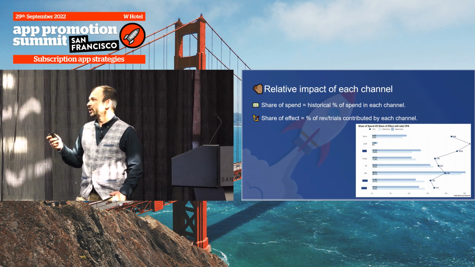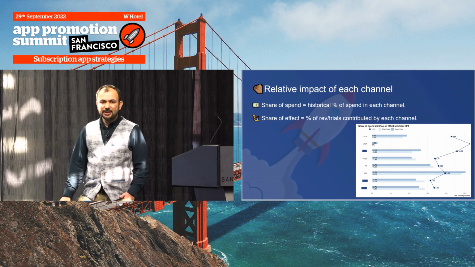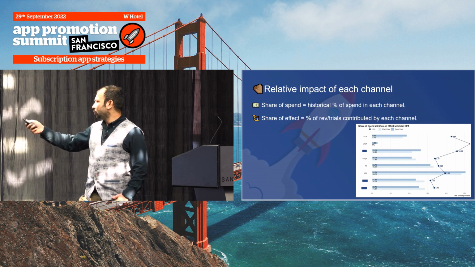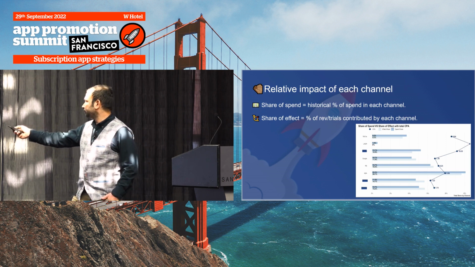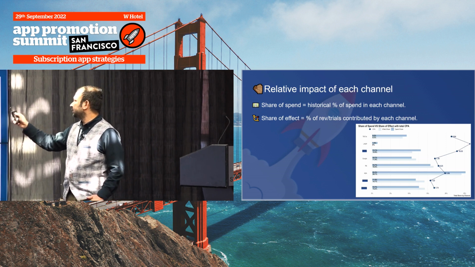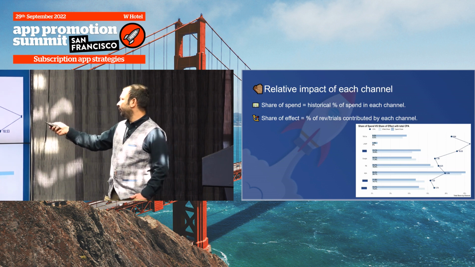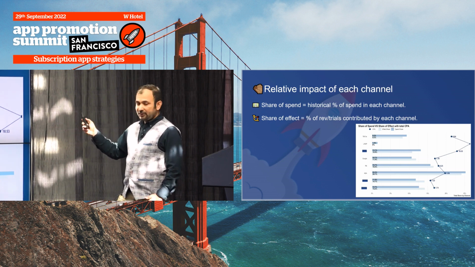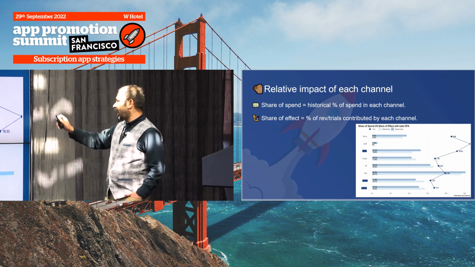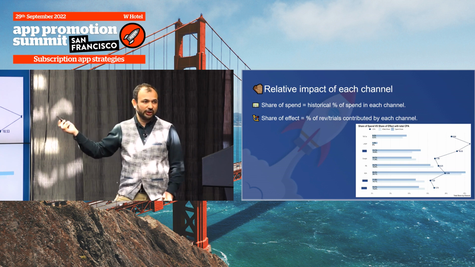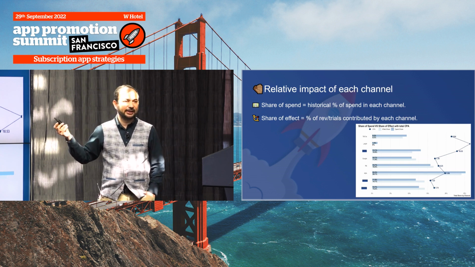So you say, what is the share of spend and what is the share of effect? I've anonymized some of the channels here because they're somewhat app specific, but you say, look, for instance, Google here spent, Google's effect share was 11.9, which means Google drove 11.9% of trials, but its spend was only 10.7. Right? So there's a little bit of an imbalance. In an ideal world, the share of effect and share of spend would be exactly similar, but that's not the case. So you see where there is an imbalance, right?